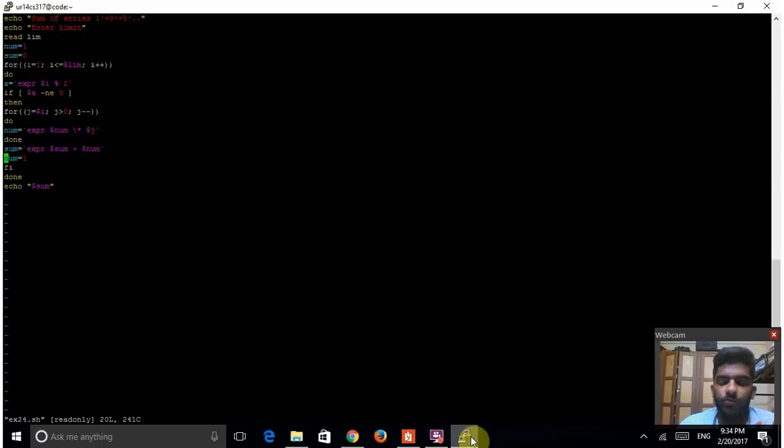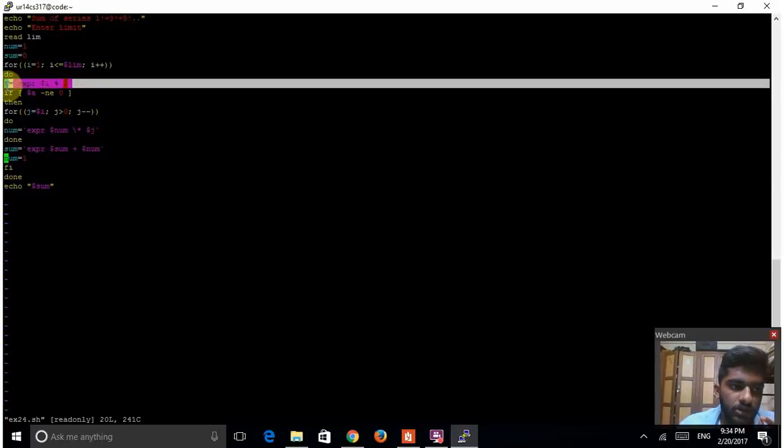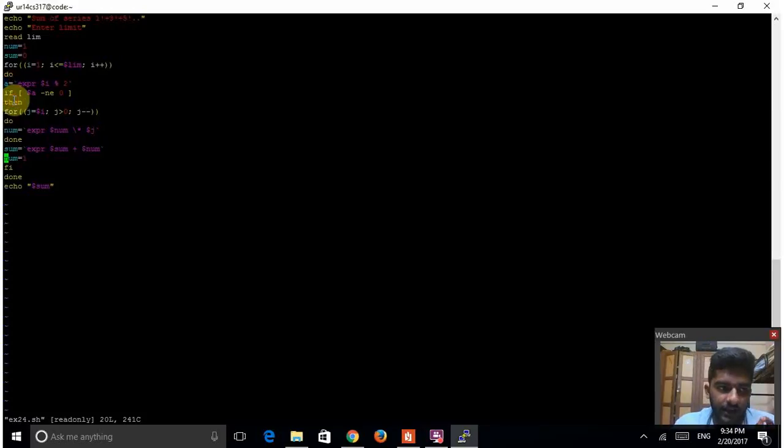Using the first for loop, which goes from 1 to the limit that the user has entered, we check if the number is odd. So here we see a is equal to I mod 2. So if that is the case, it means that if the result is not equal to 0, it is an odd number. If that is the case, then we enter into the if loop using the keyword then, inside which we have